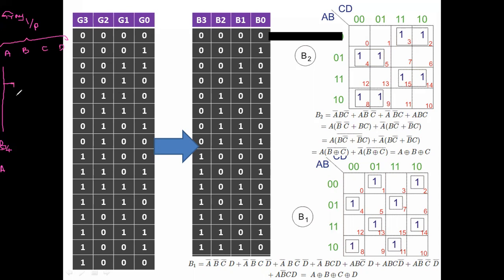And then what is the procedure for converting the given gray to binary? Take the MSB as it is, copy the MSB, then perform the XOR operation on the obtained result. That means the result of the previous step is XORed with the next one. So I obtained A XOR B. Okay. Then what is the next step? The obtained result is again XORed with the next bit.